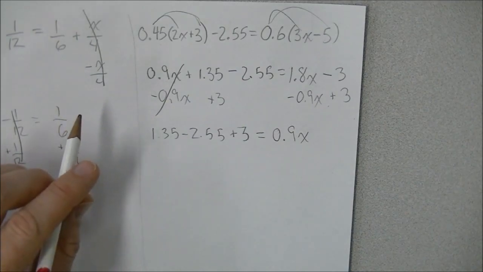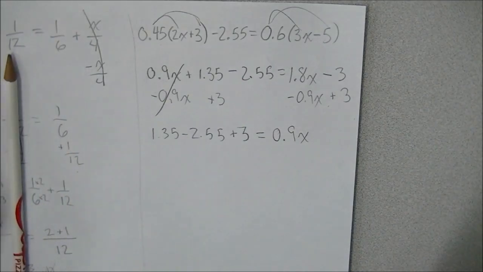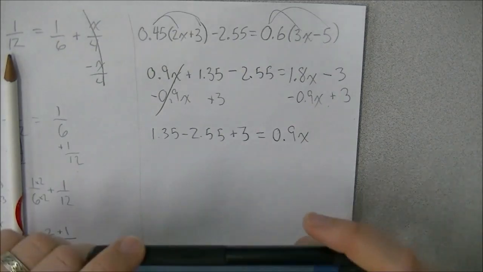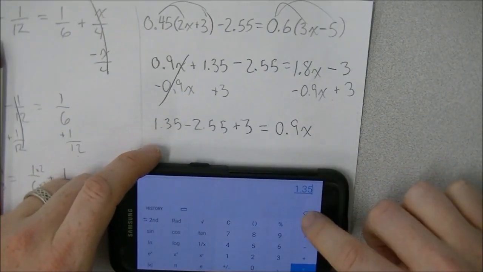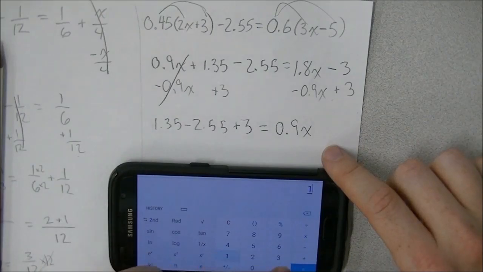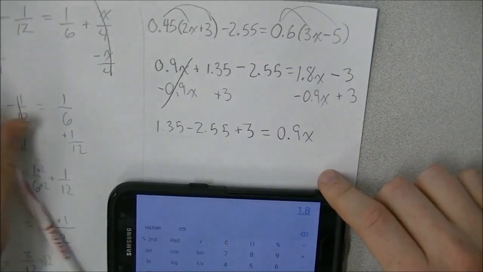There's a lot of decimals there. This is a good time for another calculator moment. So we have 1.35 minus 2.55 plus 3. So that gives me